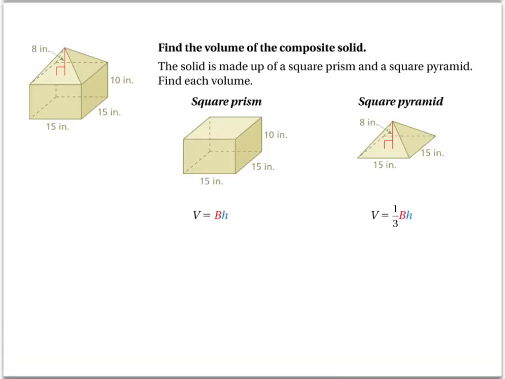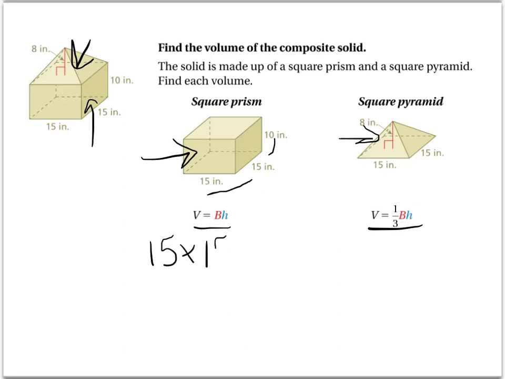Okay, here's an example. You have a figure with both a square pyramid at the top and a square prism at the bottom. So we have to find the volume of both objects. It's nice here that it's been split up for you. We've got a square prism and we've got our square pyramid right here. Let's do both of them. Obviously the formulas for both are laid out for you. All I'm going to do is multiply 15 times 15 times 10,